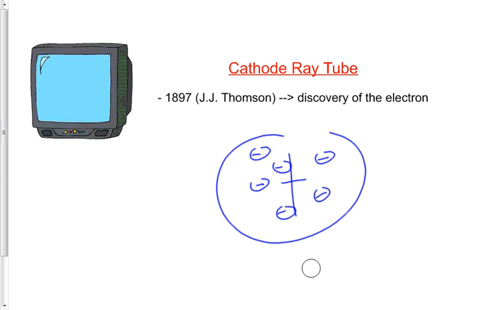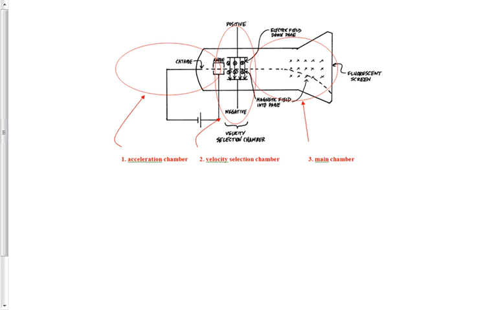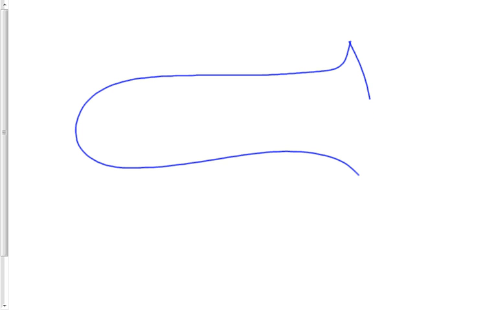How exactly, though, did he discover the electron in 1897? Well, he used a device that had been invented about 50 years before him. He didn't invent the apparatus. He just used the apparatus called the cathode ray tube to discover this electron. A cathode ray tube, in its most basic form, consists of, I'm going to actually draw it by hand here,